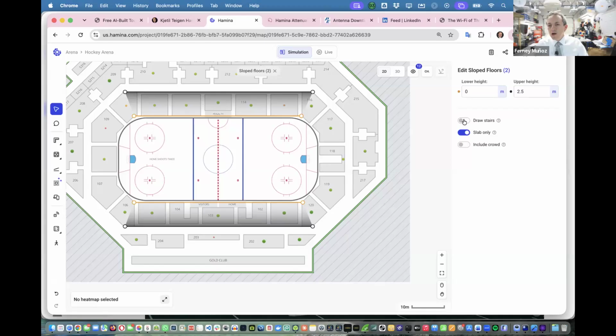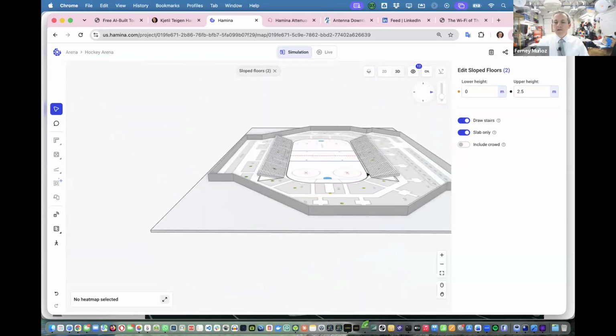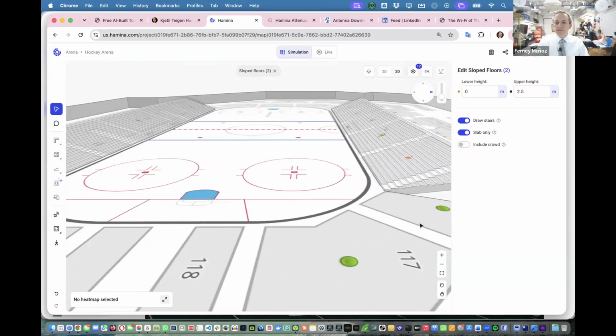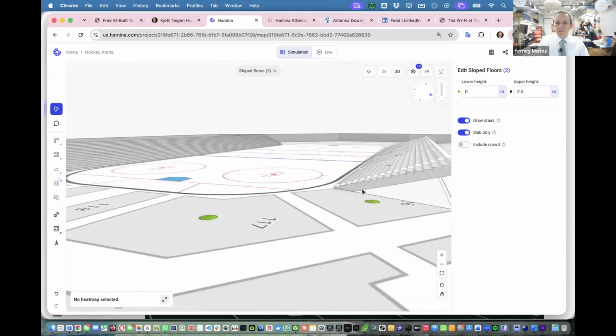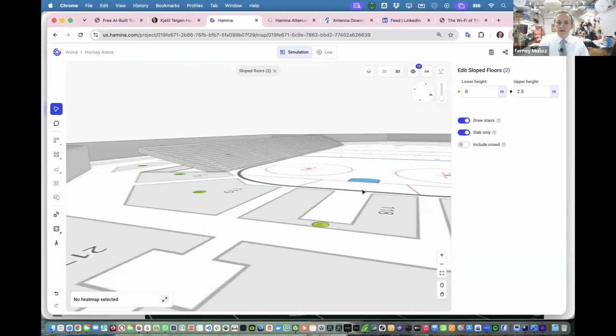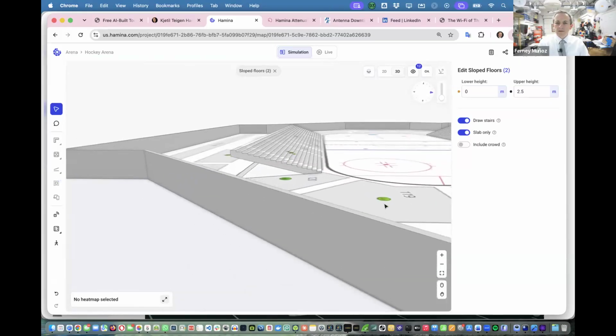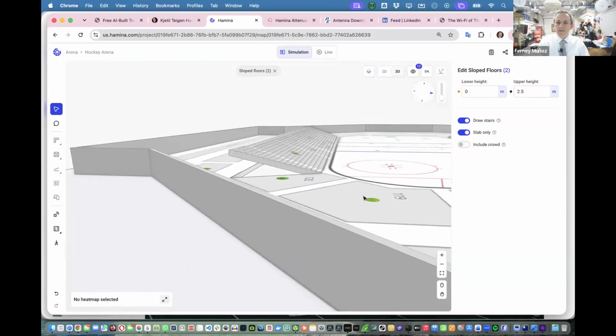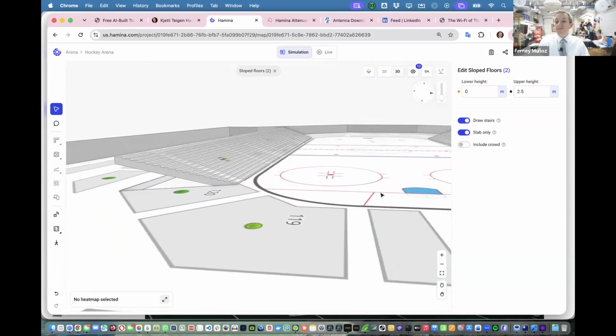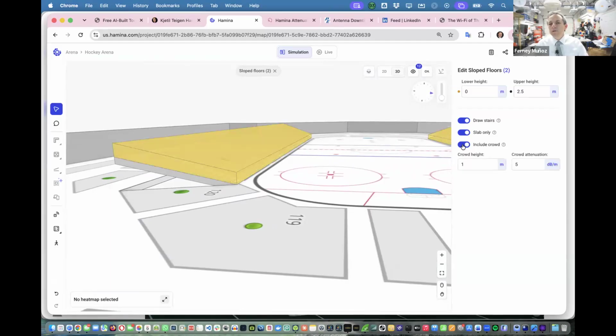So I'm going to say draw stairs. And if I go to 3D, now we have stairs. See? We have the stairs for these guys, and we have the stairs for these guys. Yeah, those are stairs, but at the same time, they're just seats, okay? And we can also include crowd. See, if we include crowd, it just adds an attenuation area, but it's an even